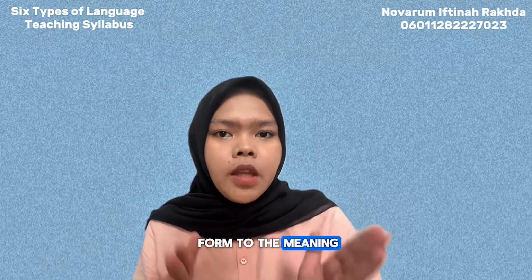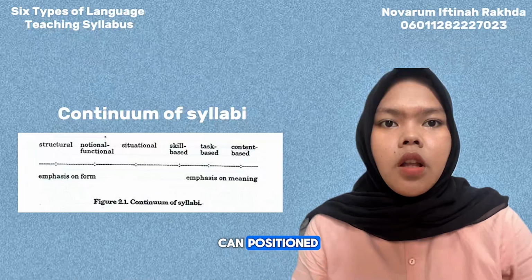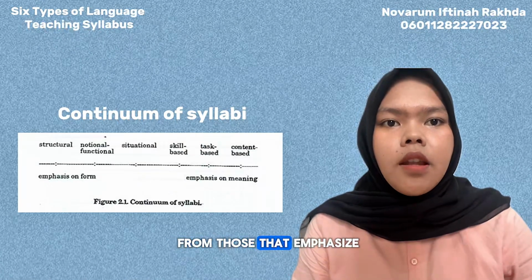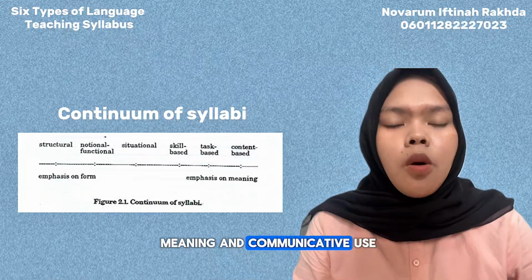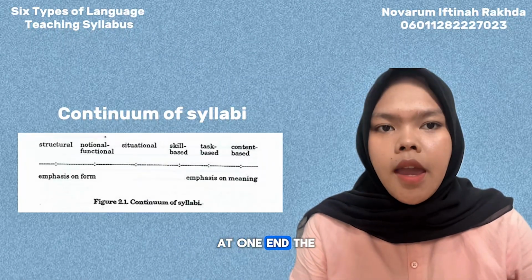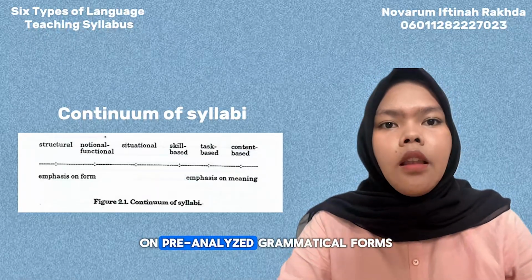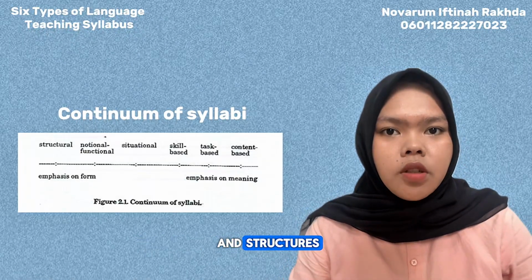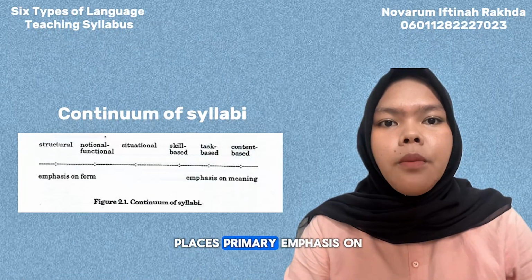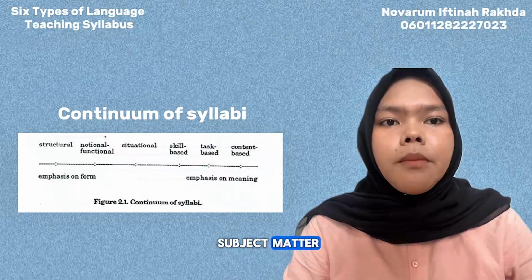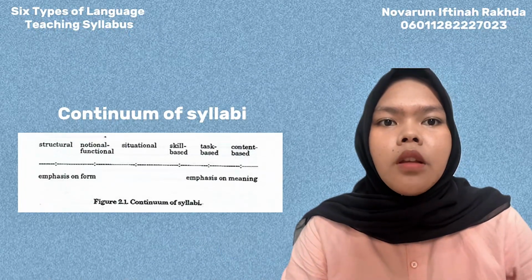form to meaning. The six principal types of language teaching syllabi can be positioned along a continuum ranging from those that emphasize linguistic form to those that prioritize meaning and communicative use. At one end, the structural syllabus relies heavily on pre-analyzed grammatical forms and structures. At the opposite end, the content-based syllabus places primary emphasis on subject matter, with language learning occurring incidentally through engagement